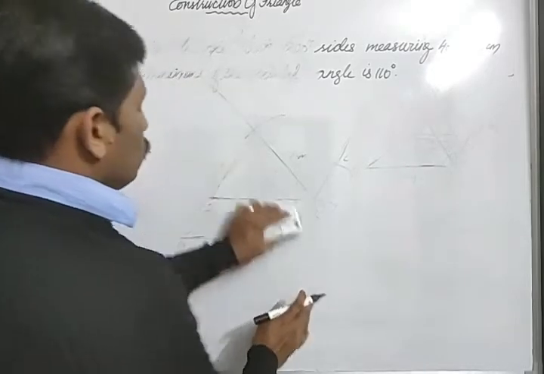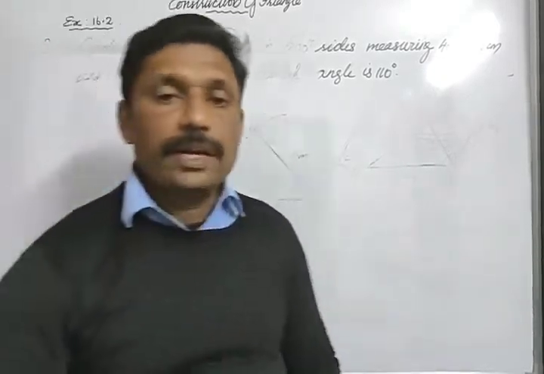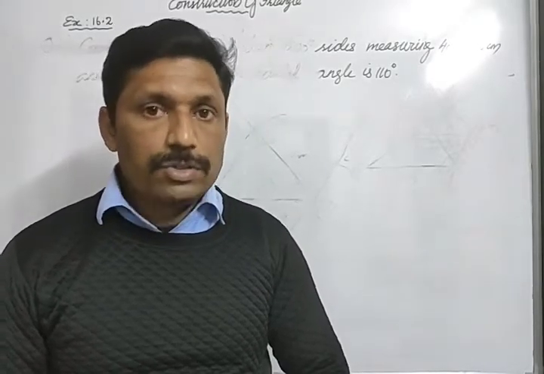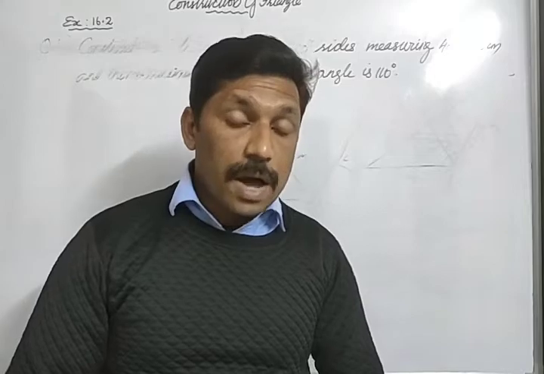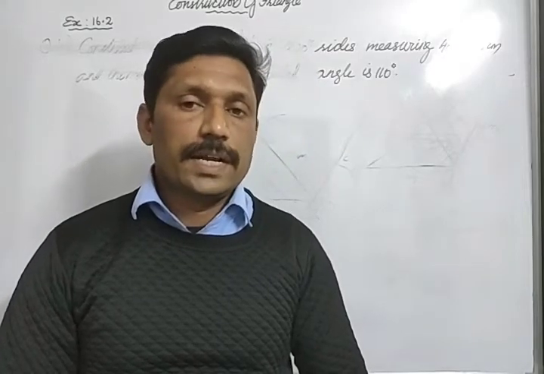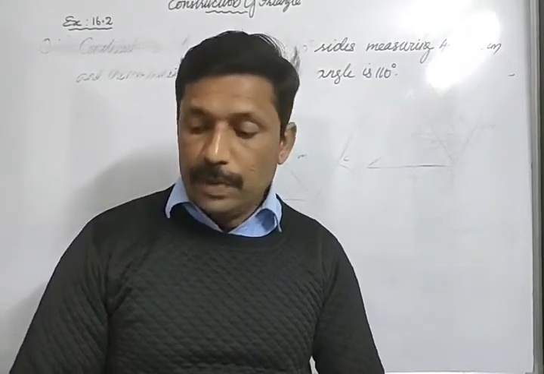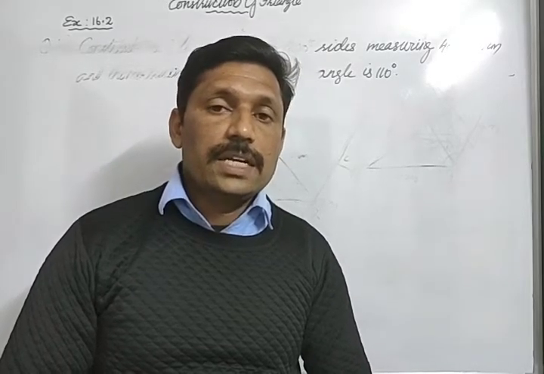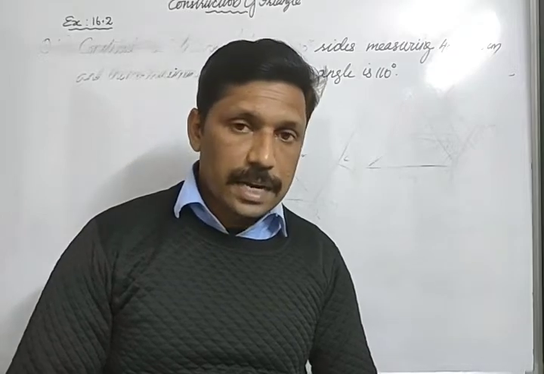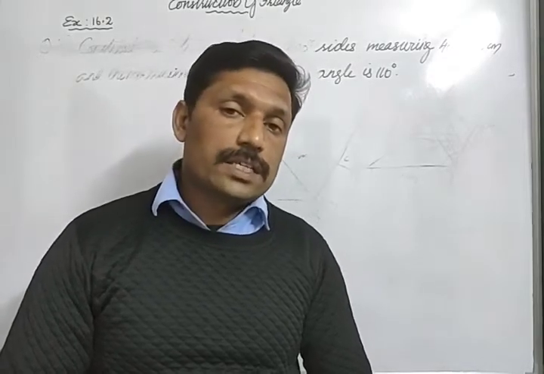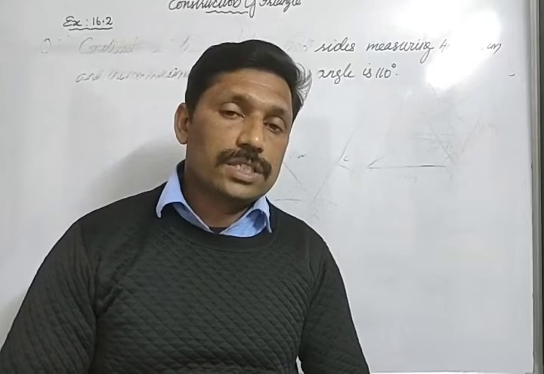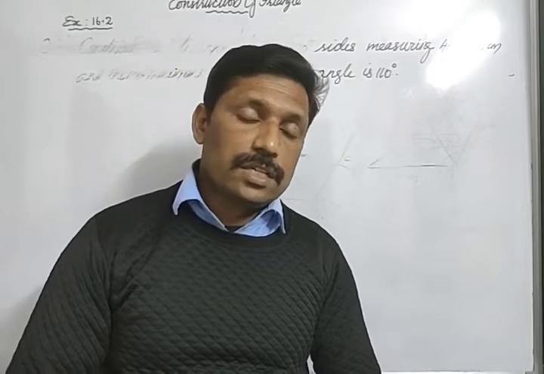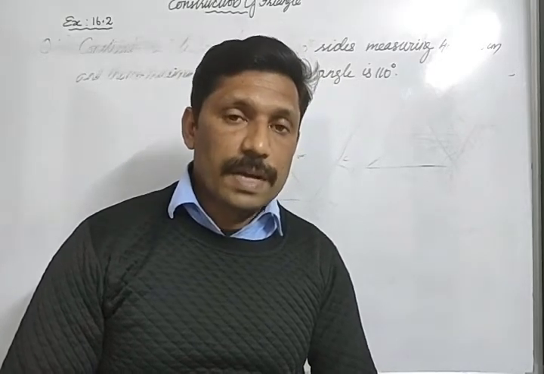You try yourself. So students, today we will close today's class. In today's class we have studied how to make the perpendicular line and parallel lines to a given line from a point outside it. And we also studied the construction of different triangles using the side-angle-side condition. Two other conditions are remaining, the RHS condition and the ASA condition, which we will learn in our next session. So I think you understood whatever we have learned.